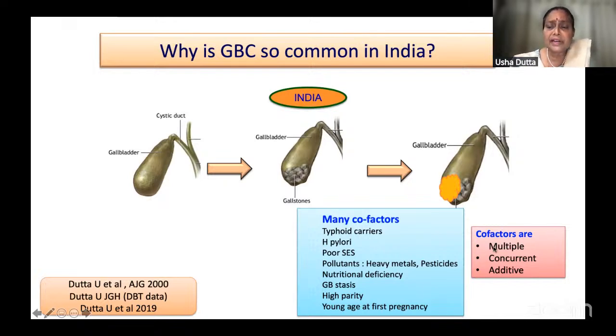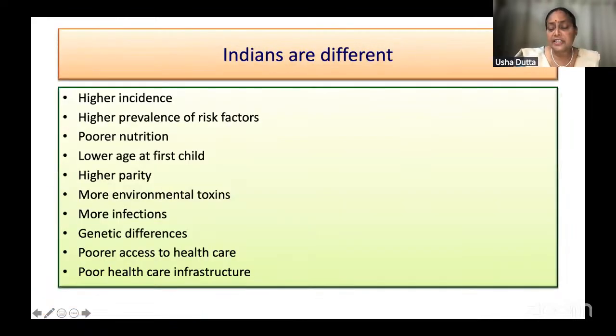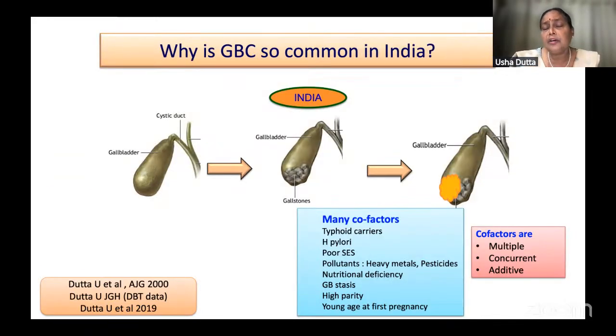We also found that there are several risk factors in our patients, and they are concurrent, and they are also additive in their action. So it is just like a young male who's 35, 40 years, who's also a smoker, who's also having family history of coronary artery disease, who's having lipids which are high. That patient is at more risk for coronary artery disease. Similarly, in India, we have so many risk factors working against us and pushing the equation towards gallbladder cancer.